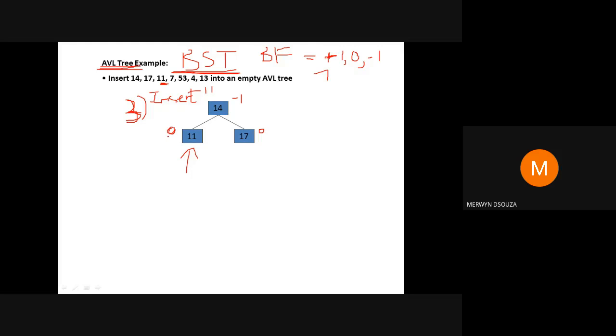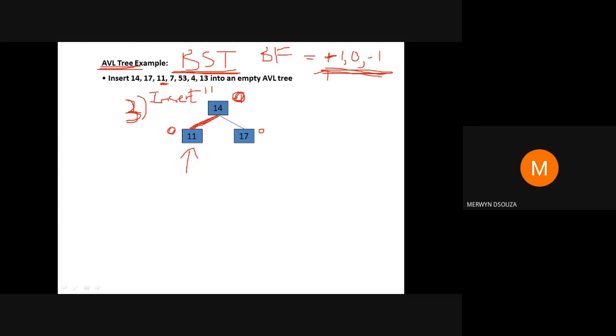Now once you have calculated this value, check here whether it is proper. Okay, it should be one of these three values. Since it is proper, trace the path back to the root. Trace the path back to the root. Calculate the value of this now, 14. Okay. So now when you calculate the value of 14, height of the left subtree minus height of the right subtree, the balance factor will become 0.